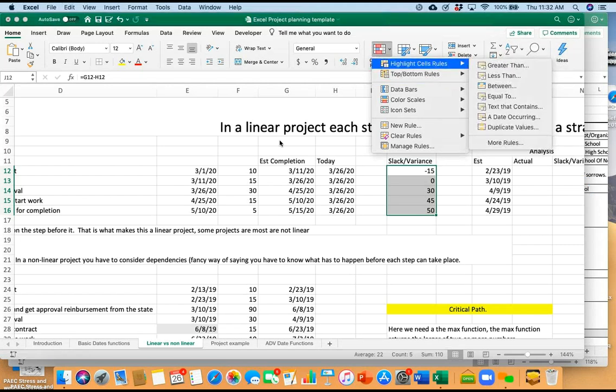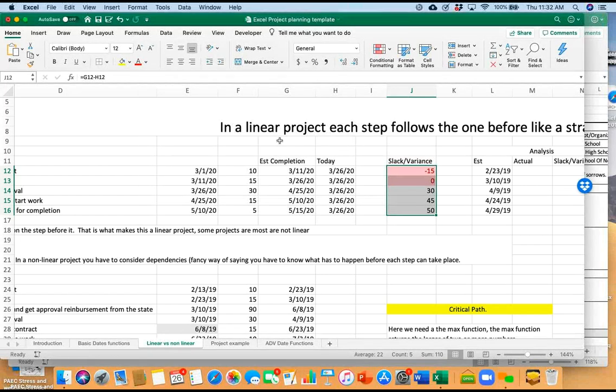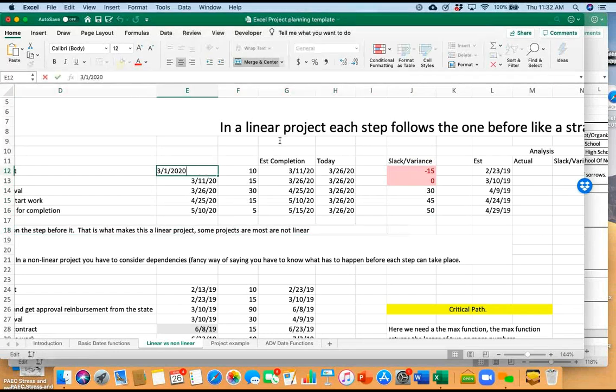And in fact, hold on one second. I'll just do it so you see it once. This is for the fancy among us, okay? I can say anytime it's less than 5 days, I want it in red. And so now if I'm looking, the moment I see even 5 days,